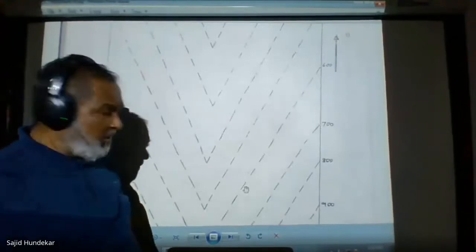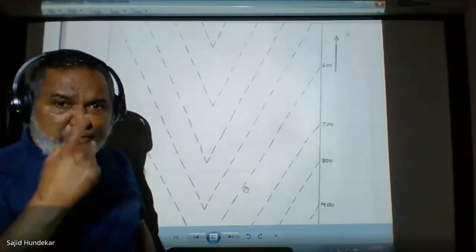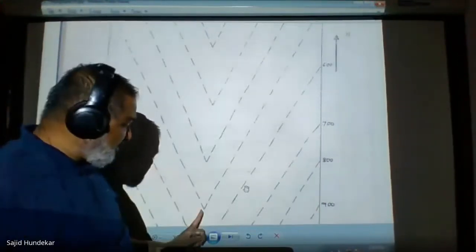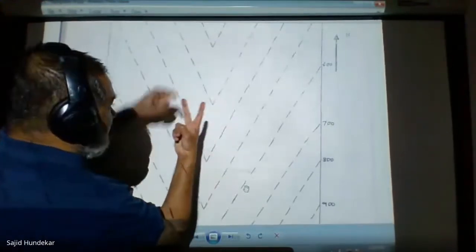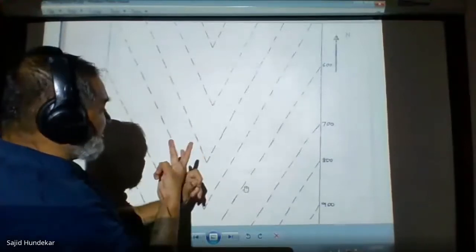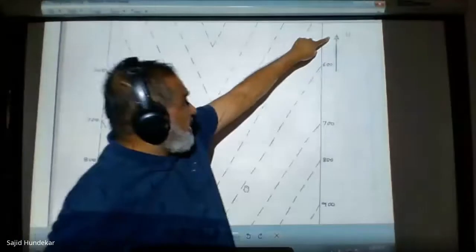A very important point: the valley always deeps opposite to the notch. Everyone knows this. Opposite to the nose, the valley will be deep. So this is the valley. The valley will be deeping opposite to the notch we have, so this will be deeping in the opposite direction. So the mark is there.